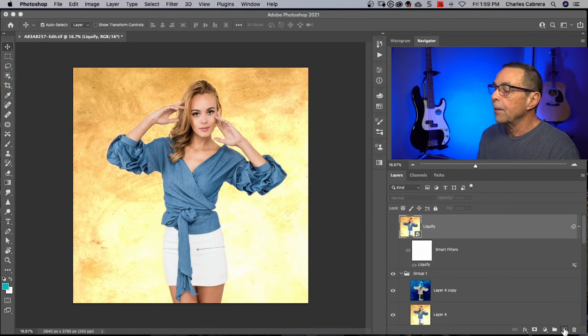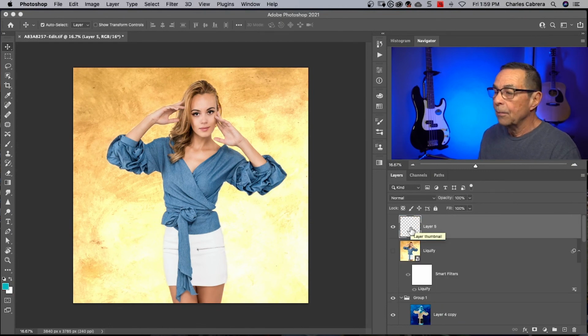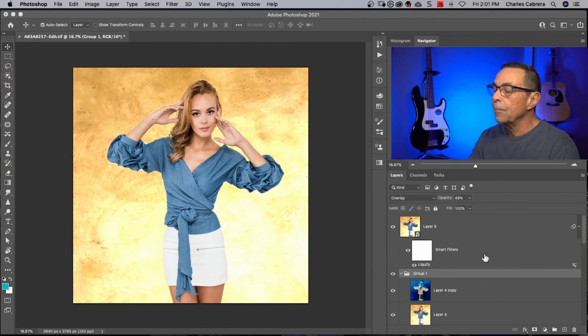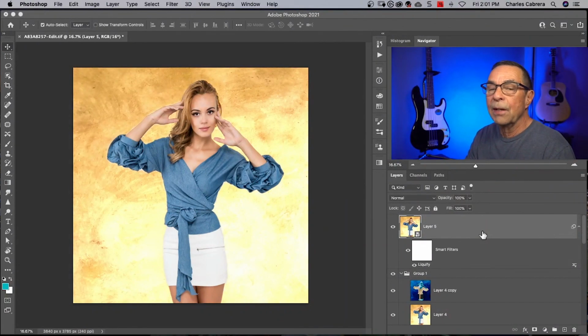Well, you would make a new layer and then make it a new stamp visible layer. That's Shift Option Command E on a Mac, and convert that to a smart object. Layer, smart objects, convert to smart object. And now all we need to do is copy the smart filter. So hold Alt or Option, click on the smart filter and drag it up to my new layer. And my new layer now has a smart filter, the same one that I had before. If I turn that layer off, there's before and there's the after. I can delete my old liquefy layer, and there's the way to be able to change everything below your liquefy layers. So you would probably want to do it last.